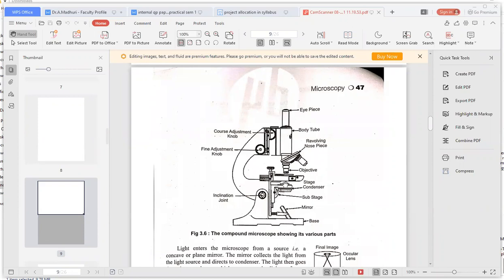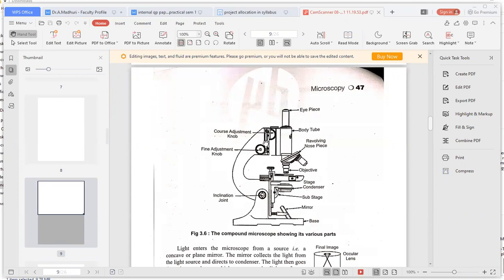So light is passing through the stage onto the slide. It will illuminate the specimen, and then it will enter into the objective, and through the objective it passes slowly through the eyepiece. There we can see the image. We are seeing through the eyepiece, and we can see the image based on the light falling on the specimen. Am I clear here? Yes, all of you? Okay.